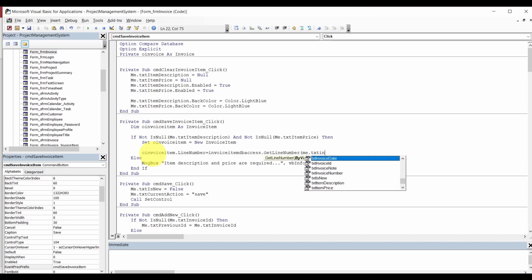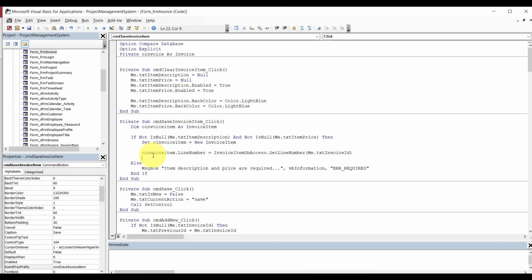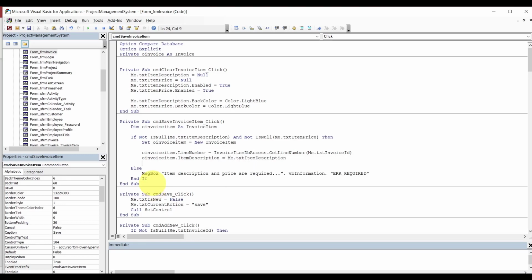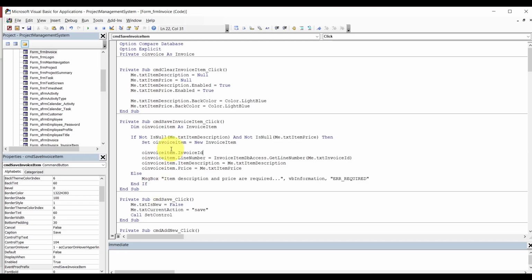and this will be invoice ID, and this will be description equals me txt item description. This would be price equals me item price, and don't forget, I almost forgot, invoice ID, me invoice ID. That's it. All right, now we can say